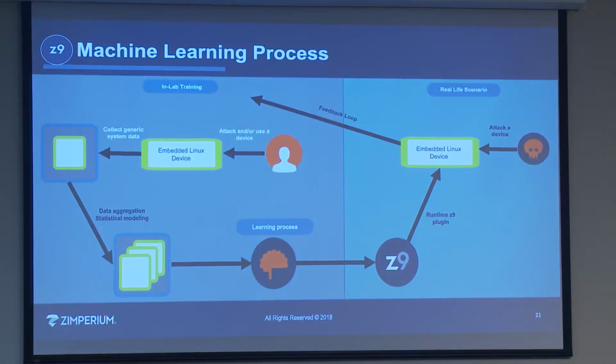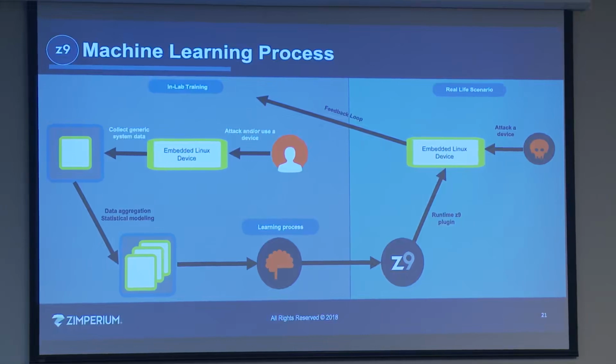Just as a data point, we don't normally do that on a continual basis. There's no need for these devices. We may do that maybe twice a year. And we've actually detected, for example on the iPhone, the zero days over the past several years. We didn't need the model to be updated. We still detected the jailbreaking as it's happening, whether it's a permanent jailbreak or a temporary jailbreak.